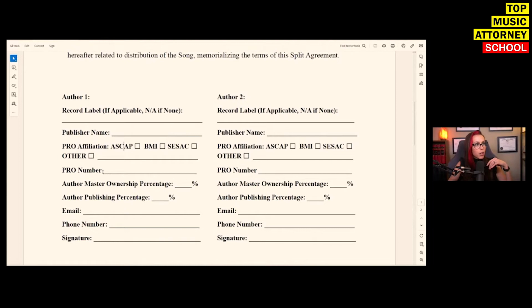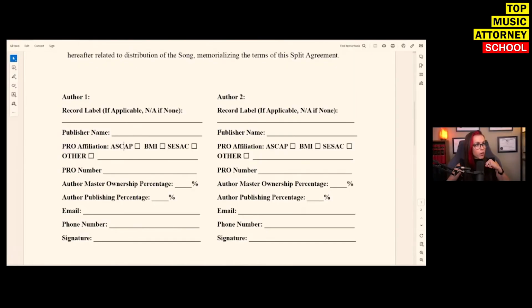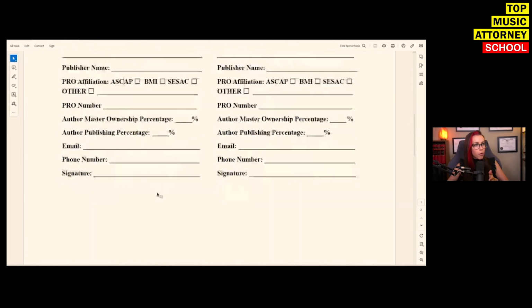On the split sheet here, we're going to put in, for me, my PRO number. I'm with BMI, so I put my BMI number right here. And then this is where we're going to note the percentages. Remember, I went through and said there's 2 things we need to be clear on. One is general ownership of the composition, and the other is general ownership of the master. So that's what these are for. For the master, I'm 50%, and on the publishing, I'm 50%. Then on author 2, friend's name, friend's publisher, PRO number. Friend also gets the other 50% of the master, and the other 50% of publishing. Email, phone number, signature.